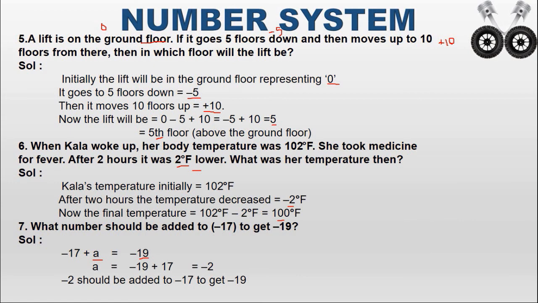Okay. So keep a on the left hand side and bring minus 17 to the right hand side. Whenever a negative is on the left hand side, when it comes to the RHS, it will become a positive sign. So minus 19 plus 17 equal to... these two integers have different signs, that means I have to subtract. So 19 minus 17 is equal to 2. Which is the biggest number here? 19. So you have to put the biggest number's sign, so minus 2. So what is the number here? Minus 2 is the number that should be added to minus 17 to get minus 19.